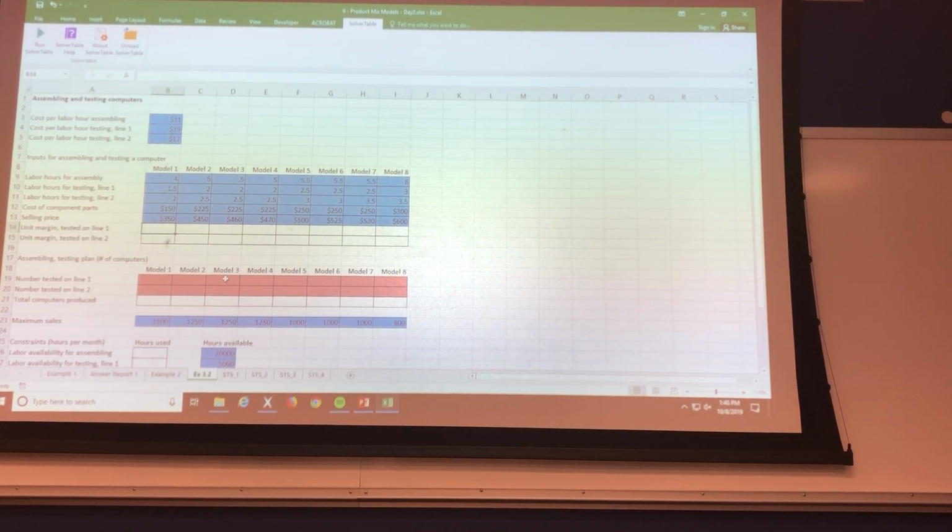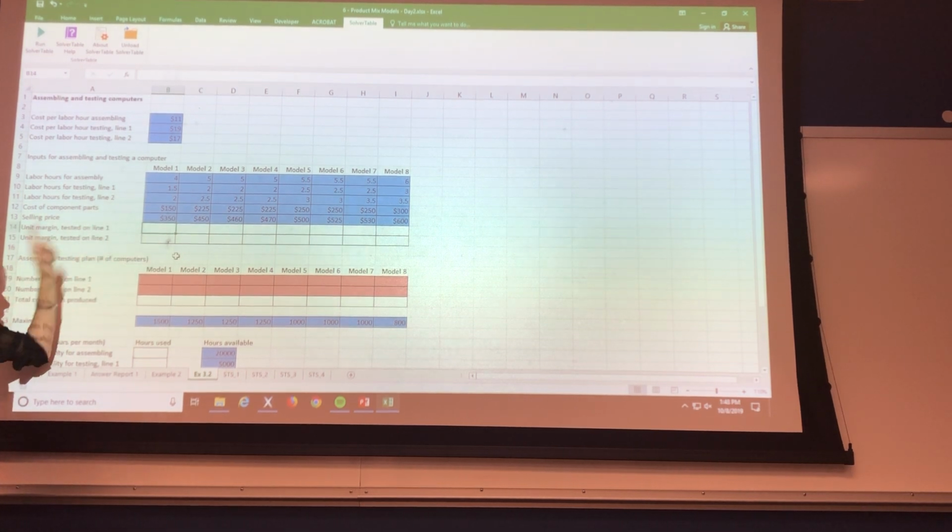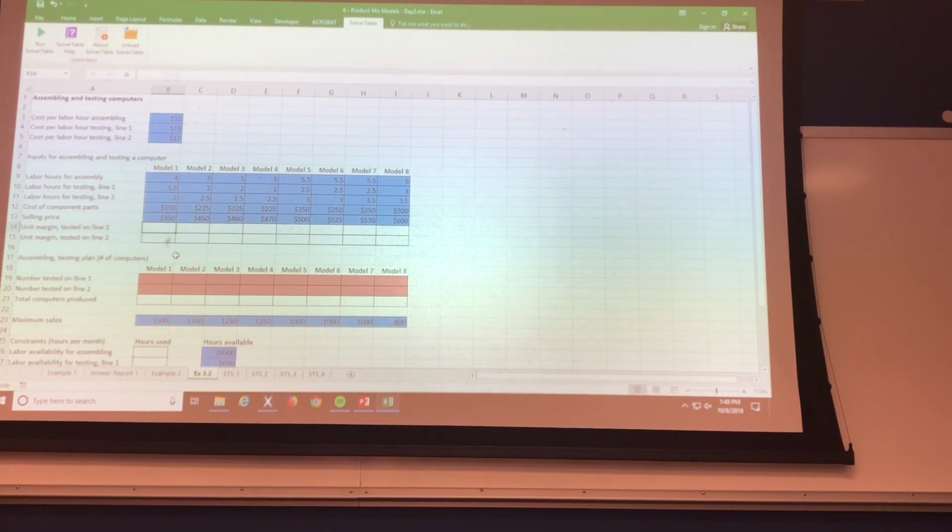In cell B14, we're going to calculate the unit margin of a Model 1 tested on line 1. Where would we start? Selling price, because unit margin is the selling price minus the unit cost. And selling price is basically the revenue of a single unit. So B13,